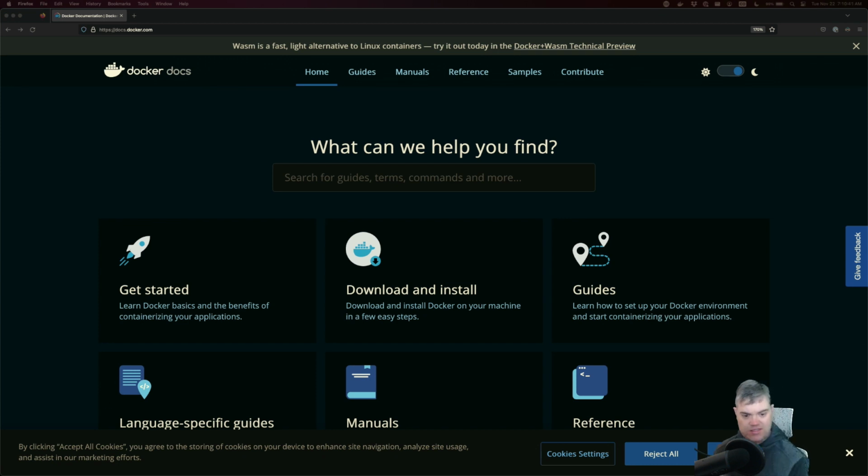Okay, so docs, Docker, Desktop, WASM. I should allow docs.docker.com. That seems fine. Give me a second while I log in again. Let's see.